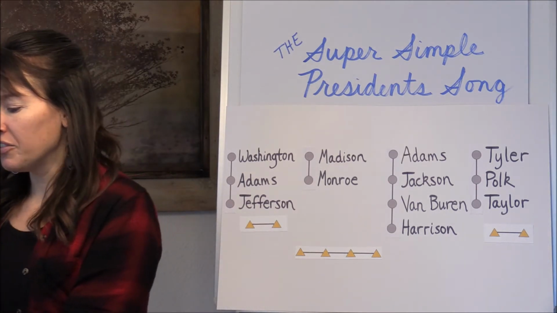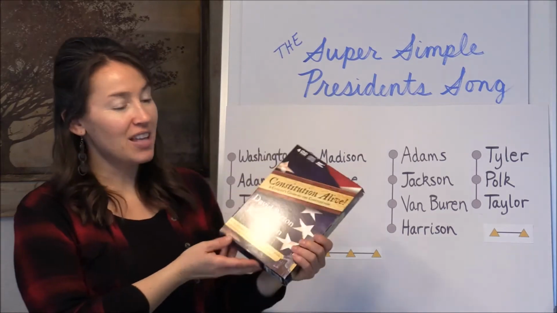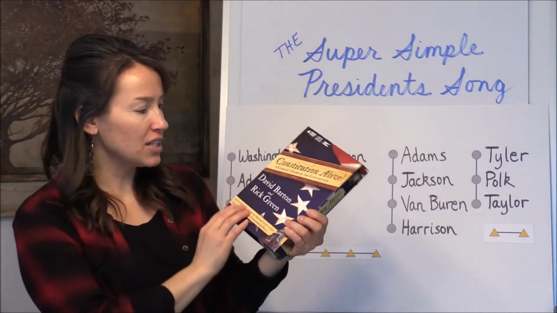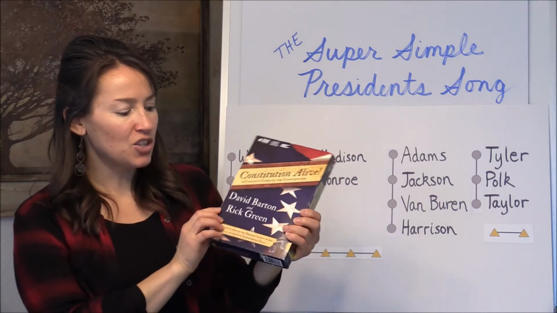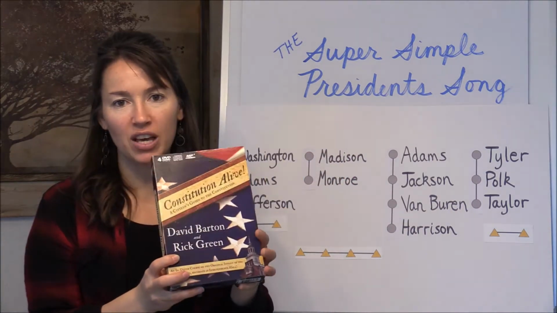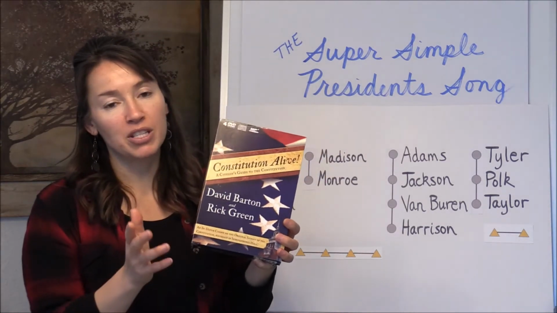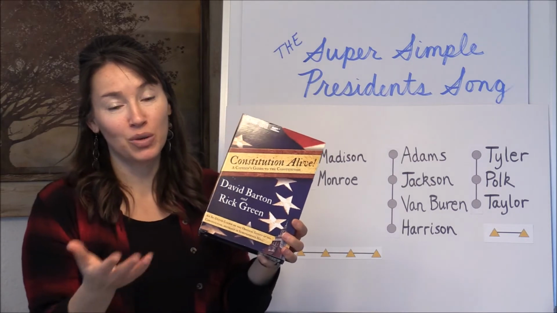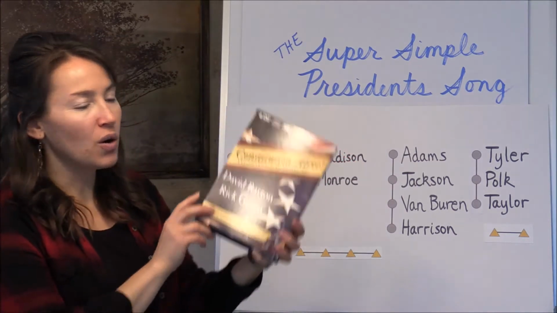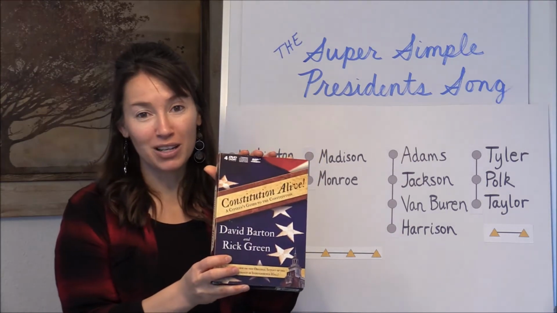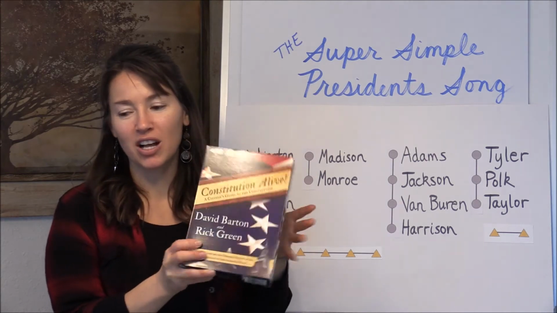So first, this is called Constitution Alive, and several of these, actually, this is done by Wall Builders, I believe is the name of the organization. David Barton and Rick Green did this. And many of their resources are available if you are an Amazon Prime member. You can stream them for free as part of your membership. So Constitution Alive is a great one if you want to have a basic understanding about our country's constitution.